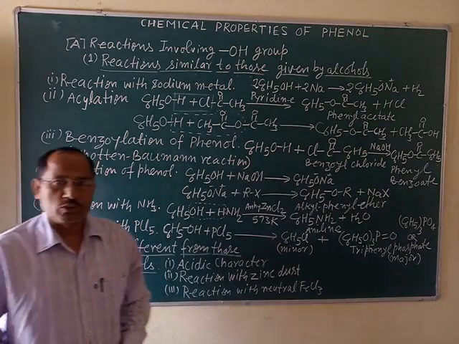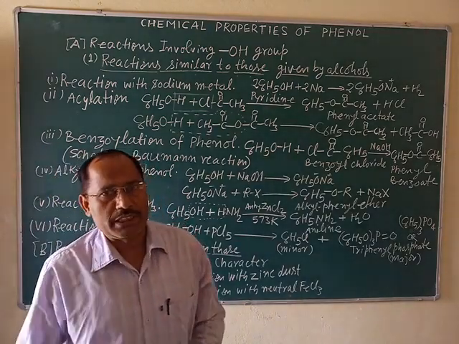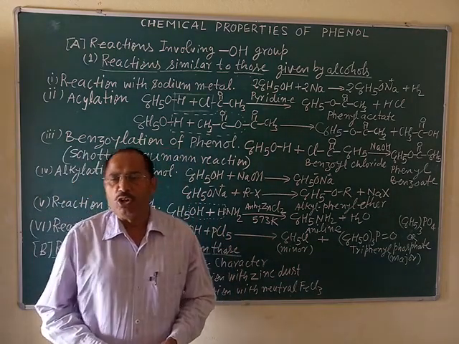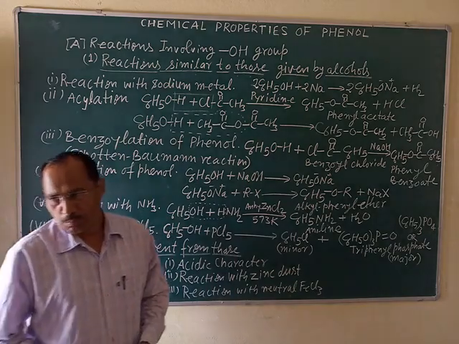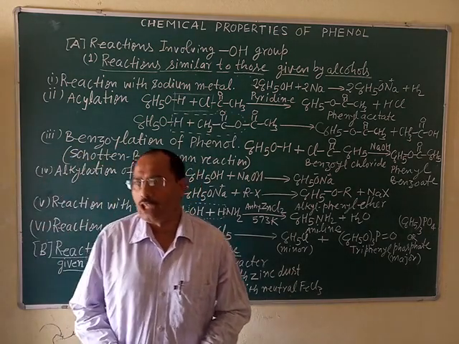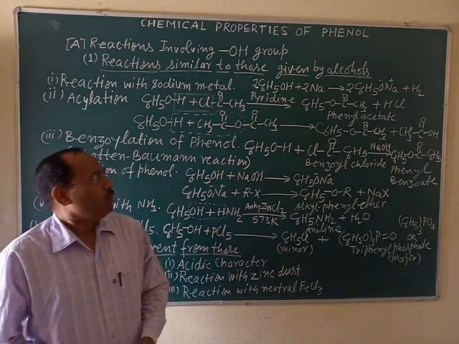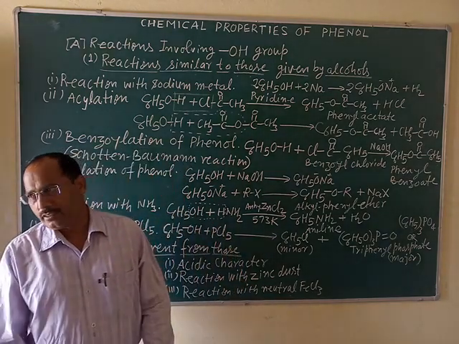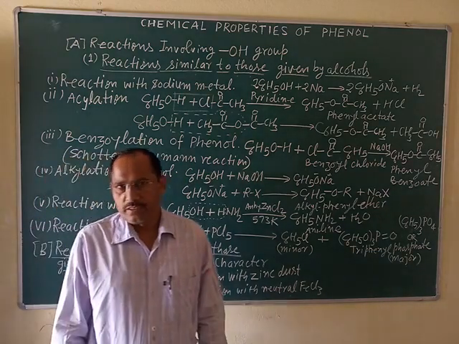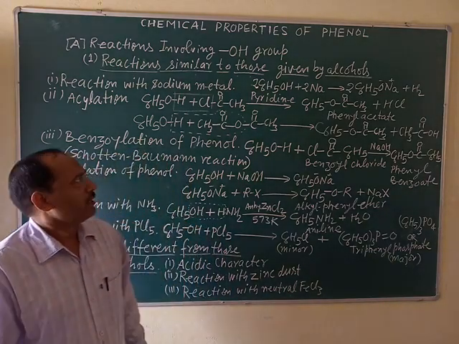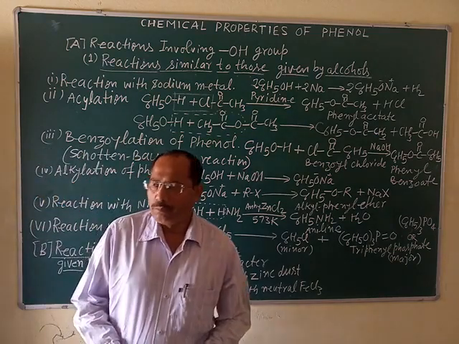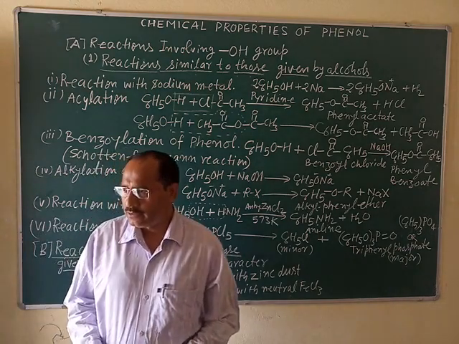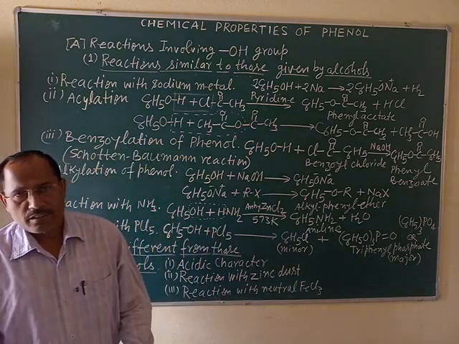Students, your today's topic is chemical properties of phenol. In phenol, the OH group is the functional group, just like alcohols. The OH group is present in phenol, but it is directly attached to the benzene ring, that is aromatic. That's why, in some respects, phenol behaves like alcohols, and in some respects it behaves differently